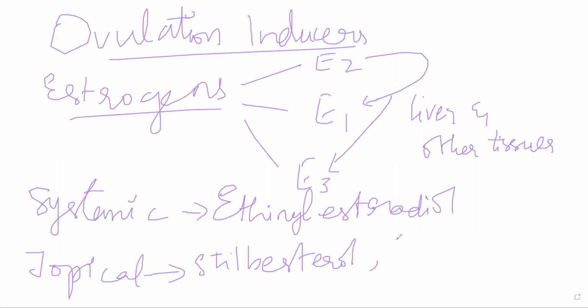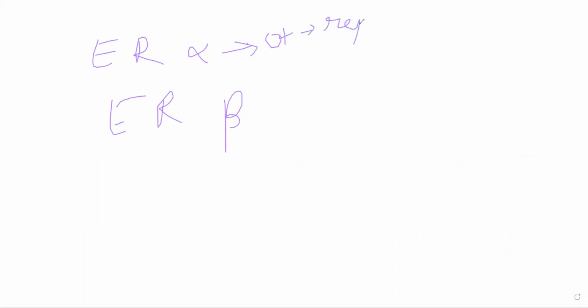you can use mestranol, you could also use dienestrol if you want to. All of these are topical, so you get them as gels and all. Now, estrogen itself, it will work through estrogen receptors. So, estrogen receptors are the two main estrogen receptors. You have ER alpha and ER beta. Estrogen receptor alpha, estrogen receptor beta, and their positions. Alpha is present only in women. Okay. Beta can be present in men and women both. This is present on the reproductive tract.